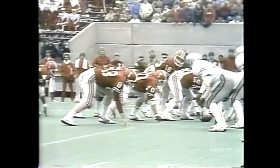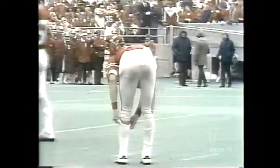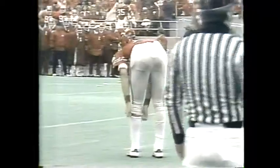Burnett is the I back. They're in the stacked I. There is Arnett back to pass, rolling out, going to run with it. He is tackled at the 1. Tom Cousino saved the touchdown. Well, that was a good play by Arnett. Nobody was open, so he did the next best thing, and he got it down to the 1, picked up